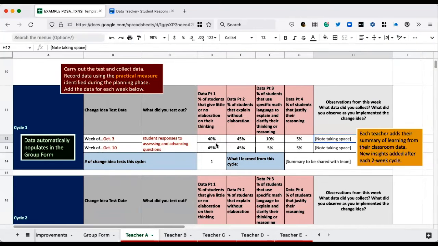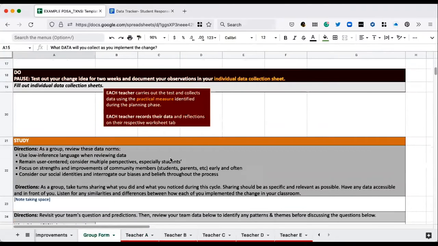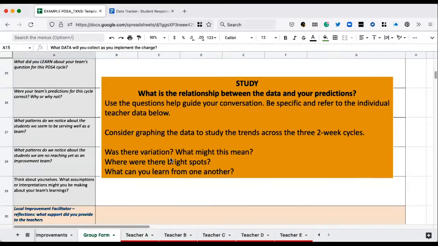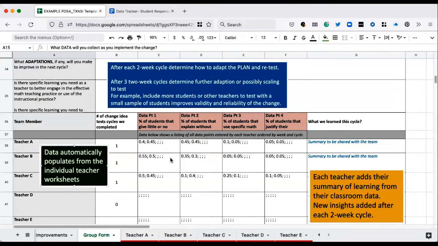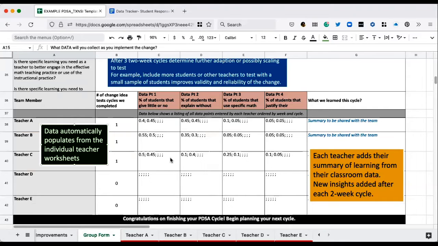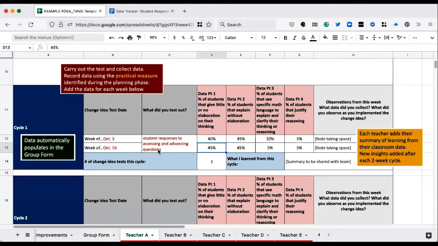Another thing to note here is that as I type my data into my individual teacher form, it is going to automatically populate, if you scroll down, into the data section at the bottom of the group form. We did this to make it easy for the conversation during the study phase. Again, each teacher adds their data to their respective teacher worksheet, and that data automatically populates back onto the group